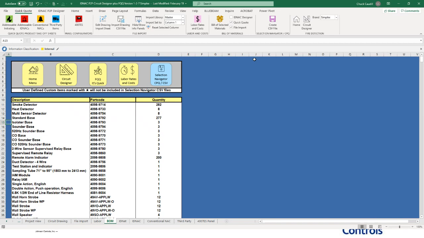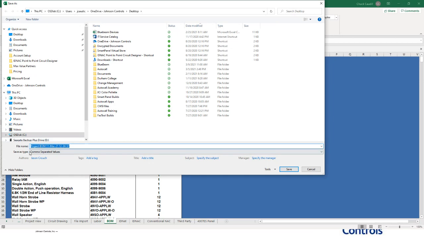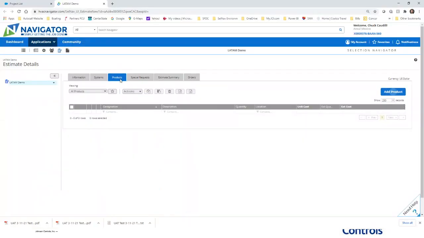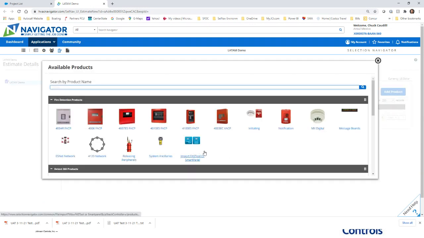Once we've done that, the end game of this was to create a fast item that I can bring into CellNav. So now I would say create a CSV file, and everything that I've chosen so far can now be brought over in a comma separated value file. I have my CellNav project already created. I go to products, I hit add product, and I would import that CSV. Right now it's done in the same place you used to bring in FastDoor Smart Panel, where in the next months we're going to change the name of this, and it will be import a CSV file.